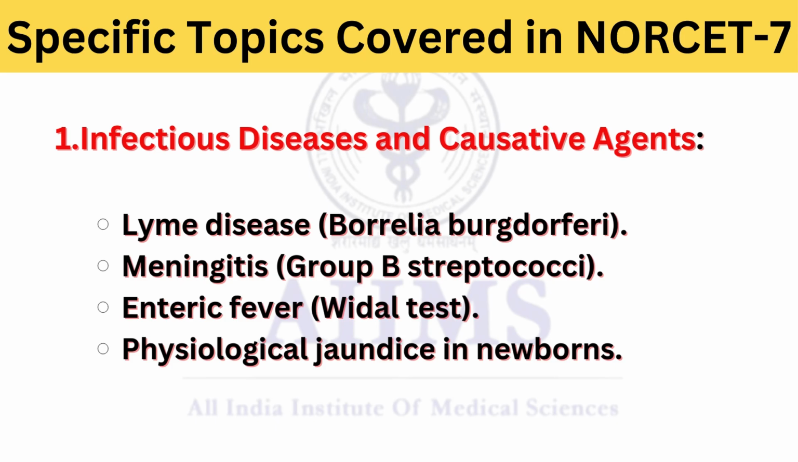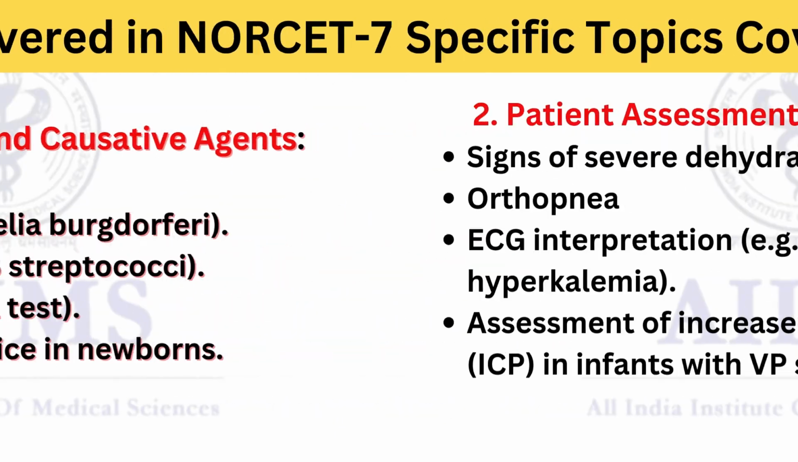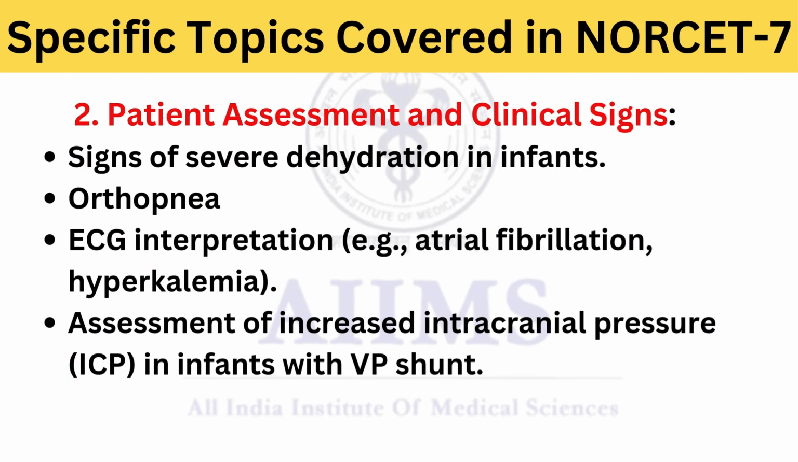Then if we see specific topics, they asked some MCQs from infectious disease and causative agents, like they asked Lyme disease, meningitis, enteric fever, then physiological jaundice in newborns. Then from patient assessment and clinical signs, they asked signs of severe dehydration in infants. They asked orthopnea, ECG interpretations, as I told, atrial fibrillation, hyperkalemia. Then assessment of ICP, that is increased intracranial pressure in infants with VP shunt,